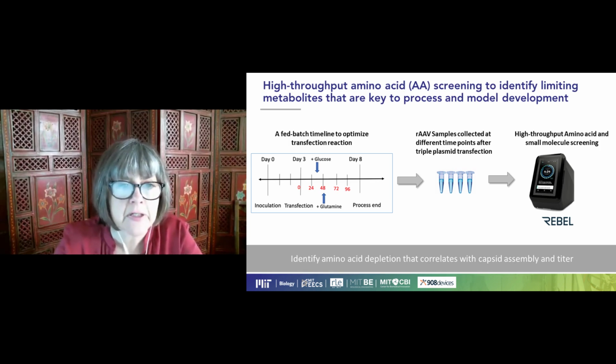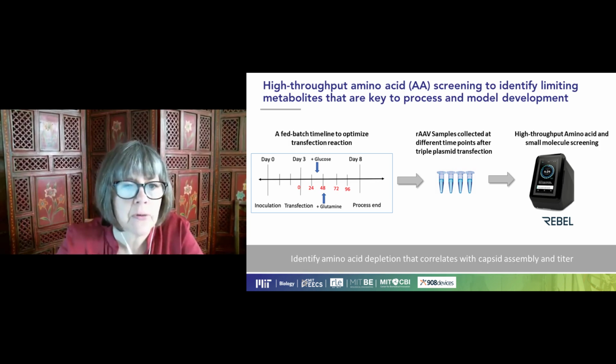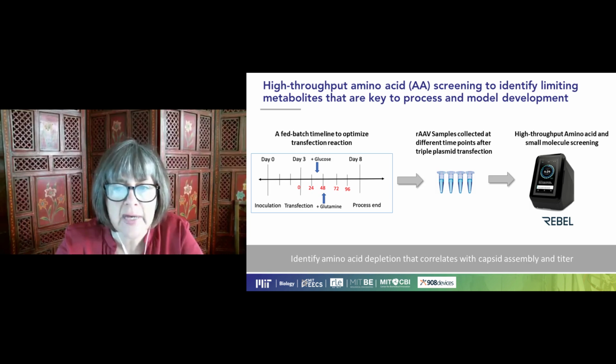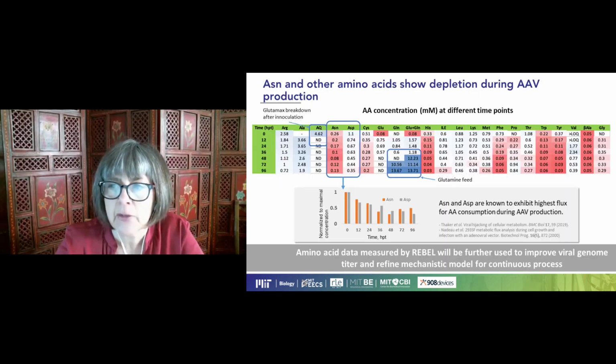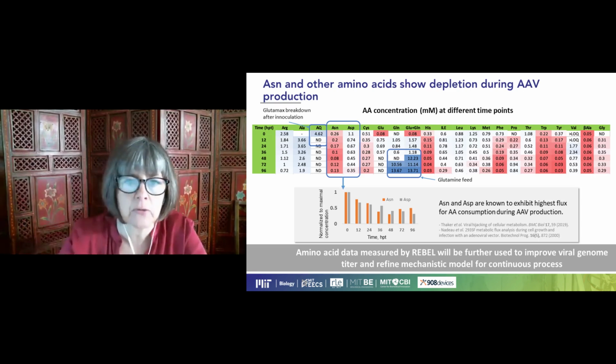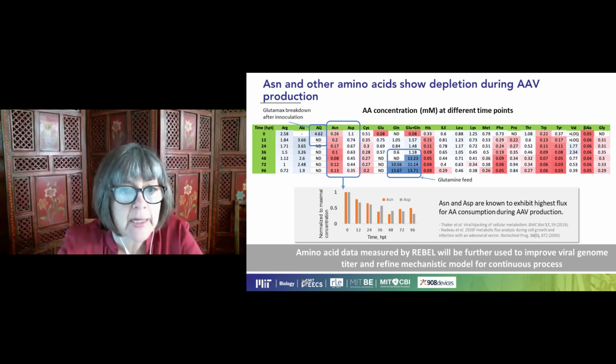So a series of next experiments are being done. One shown here, a fed batch in 300 ml microbioreactor is being done to assess depletion of amino acids using the REBEL. So twice a day, samples are taken and analyzed on the REBEL. And what they have observed, as shown on the right here, is interestingly, 2 of the amino acids that are known already to exhibit high flux of consumption in HEK293 for AV production showed indeed high depletion in their experiment,